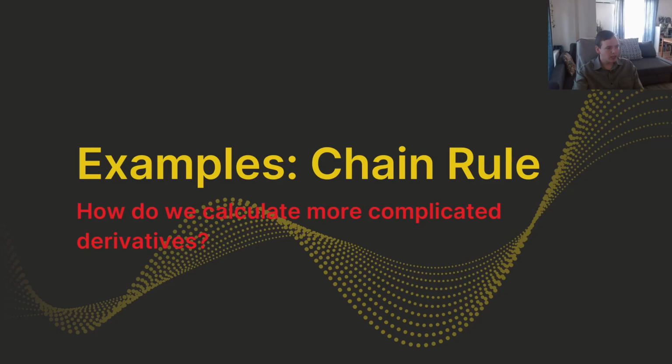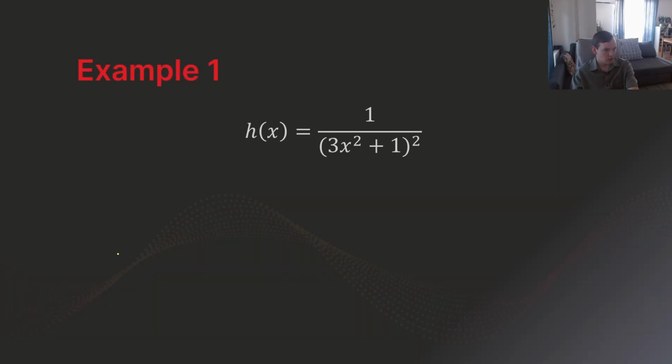Let's take a look at examples of the chain rule, and again we're using the chain rule to find the derivatives of composite functions. So our first example, we have 1 over 3x squared plus 1 quantity squared. So this is a composite function, and actually, there's two ways of looking at it. One, we can look at it as